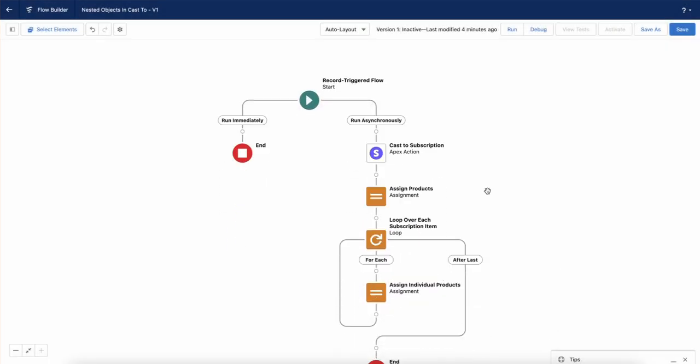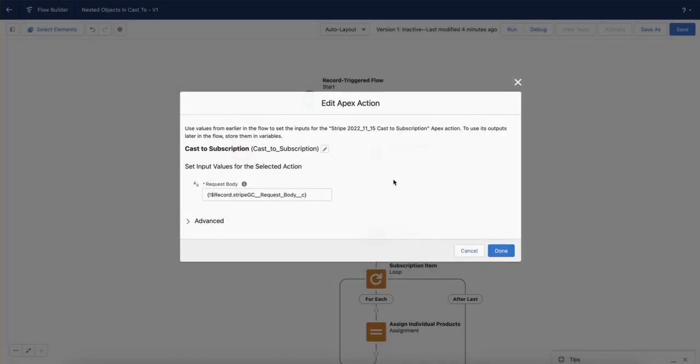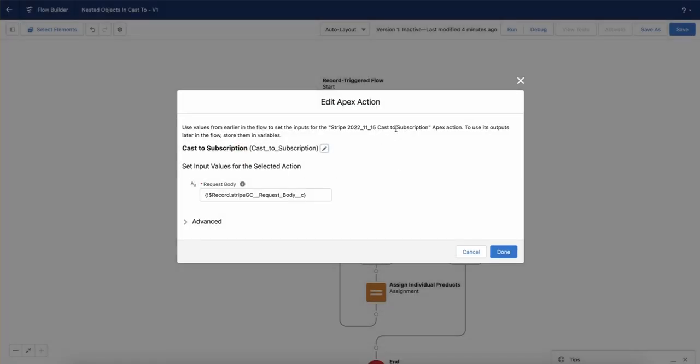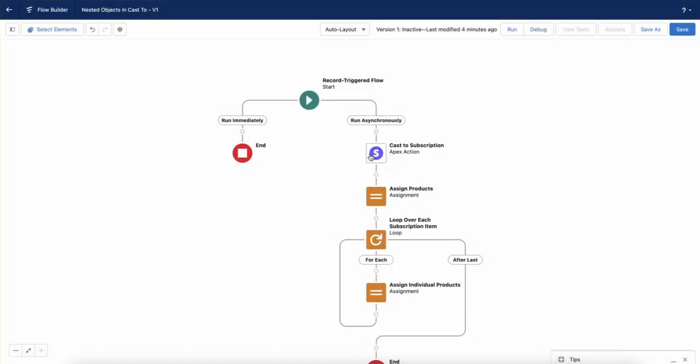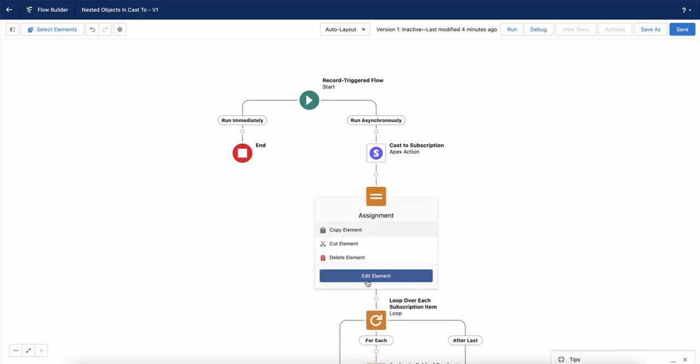Now that I'm listening for the event, the next action I want to take is I know I want to work with subscriptions, so I'm running a cast to subscription here. And again, I'm just passing in the request body as we would with any other event we wanted to handle inside the universal connector. Now that I have my parent class object, I can actually start to pull out the other data. And inside this data, we have